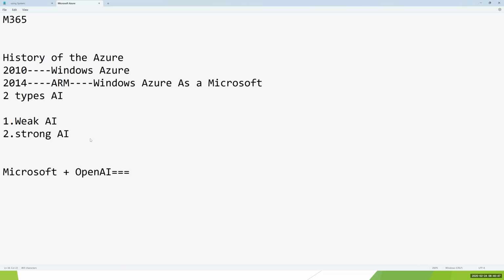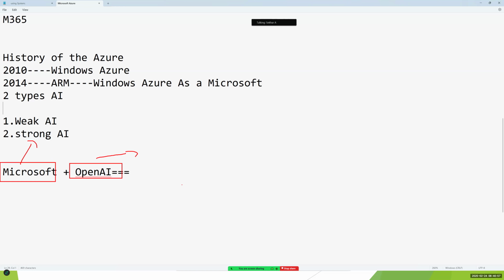Clear? So the main concern is what? Can anyone tell me, what is the advantage of Microsoft? What is the disadvantage of OpenAI? You know, right? Copilot went to the market like a rocket, like a super fast train. Why does Microsoft Copilot have more advantage than whatever AI they come up with? Any idea? One thing is security, guys, right?